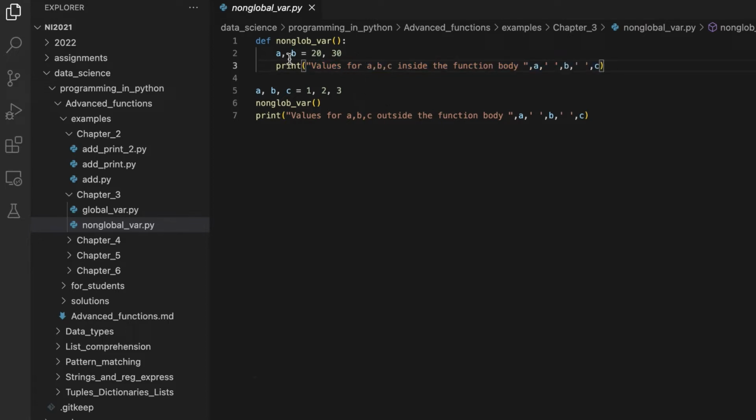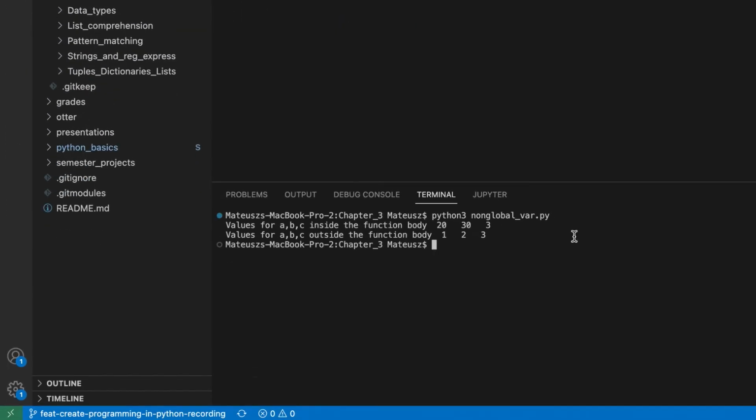What do we do next? So then we define these variables here in the script, a, b, and we create also a new variable c, which are equal to 1, 2, and 3. And then we call this function. Since we call this function, then this code is executed. So you might think that after we call this function here, variables a and b will have values 20 and 30. We can run this code and see that